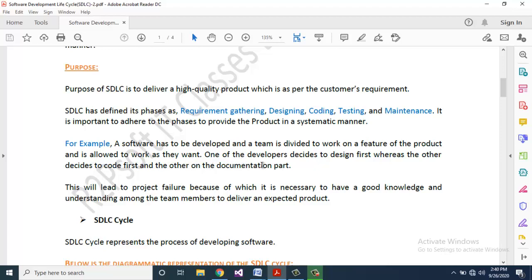One of the developers decides to design first, whereas the other decides to code first and the other on the documentation part. This will lead to the project failure, because of which it is necessary to have a good knowledge and understanding among the team members to deliver an expected product.